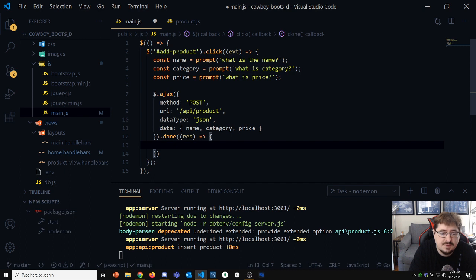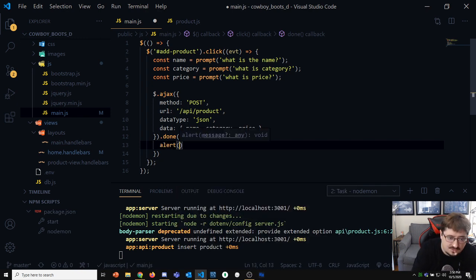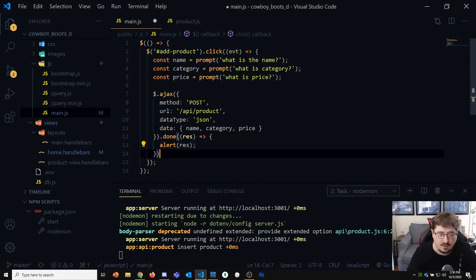So res. And then I want to maybe show that data to the user. A very quick way to do that, just because I'm using the prompts, I might as well just say alert res, right? So that'll show whatever came back from the server. We'll just see it pop up. Cool? Yeah. Okay. And then I want to say if anything goes wrong,